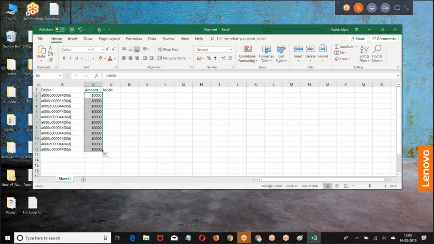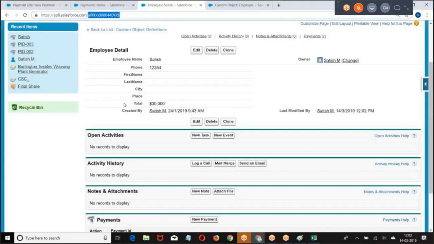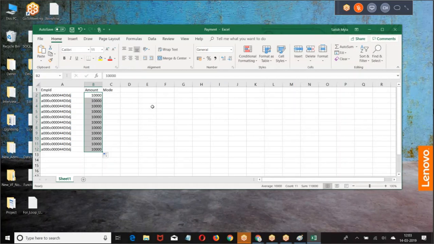It is 12 into 10,000. Already existing data 30. So I give 12 into 10,000. Okay, 1,20,000 plus 30.